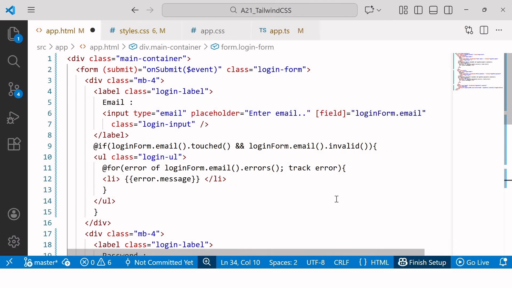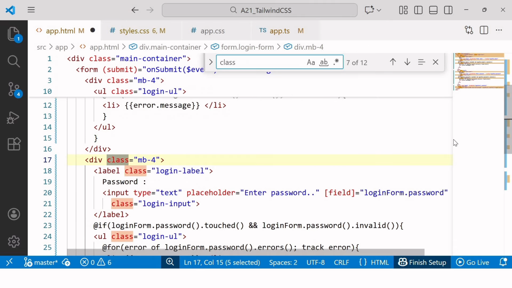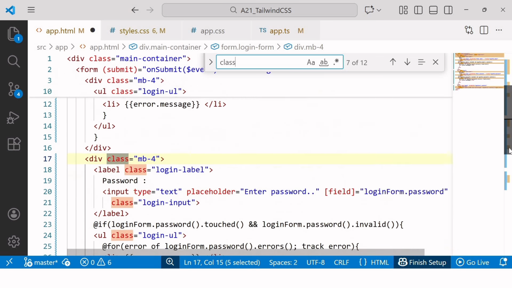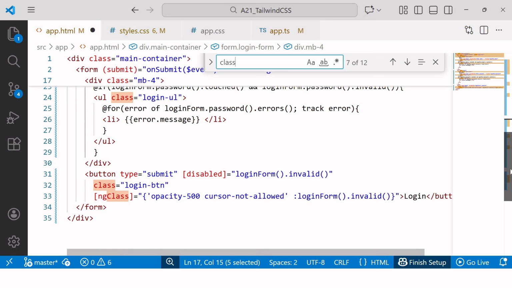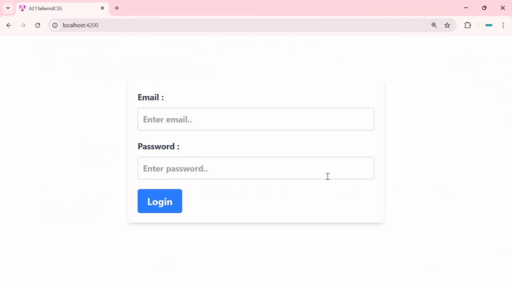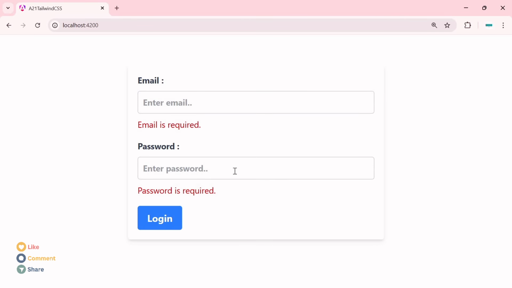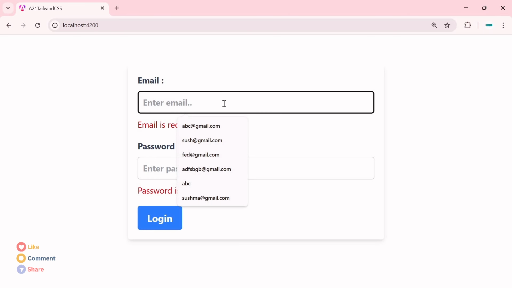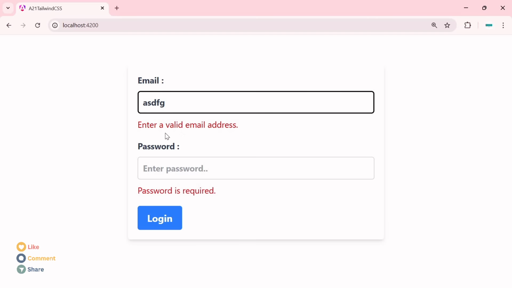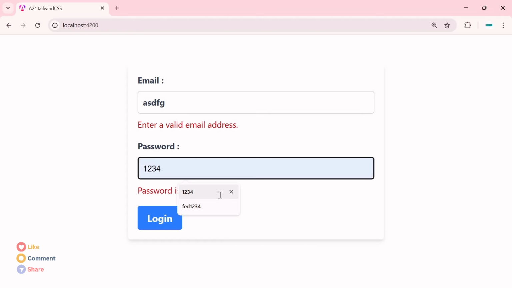Okay. So if I find the class here, you can see we have moved almost all the classes to the style.css file. Now let's test the changes in the browser. And everything looks the same. If I touch the field and move the cursor away from that field, we can see the required error messages. If I type the wrong email address, we can see the error message changes to enter a valid email address. And same for here, if I type 1234, the error message changes to password must be at least 5 characters